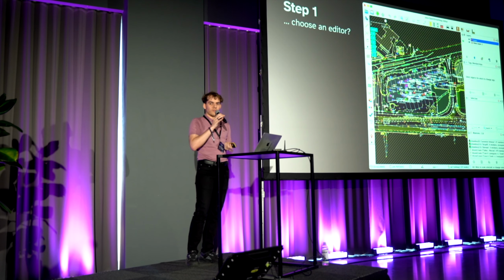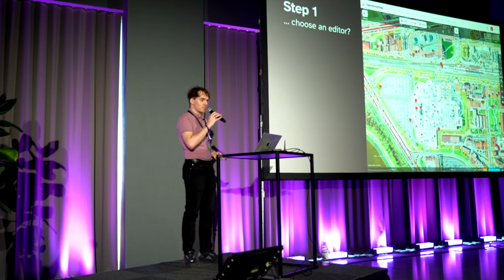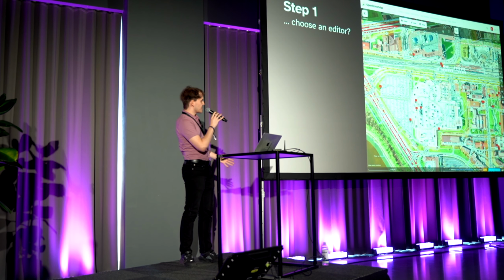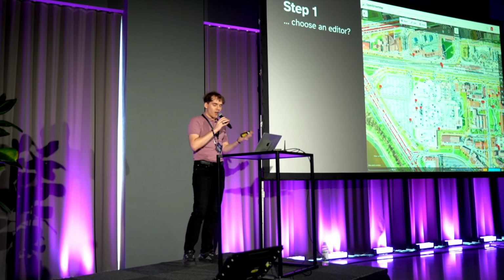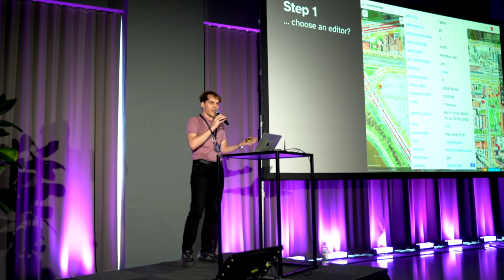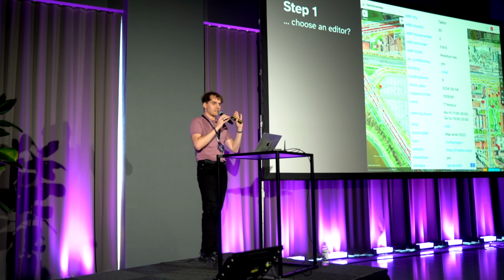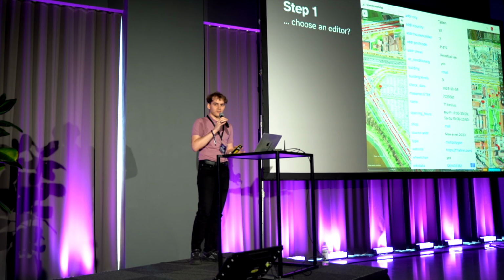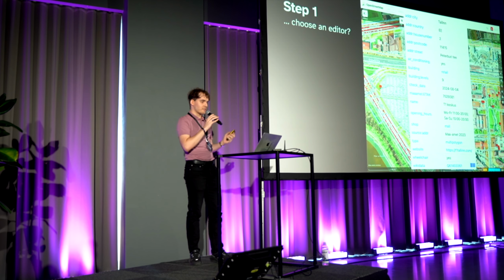So you then search for something simpler. You maybe come across iD, which is the sort of official way to edit OpenStreetMap. It's better, but it's still very hard to understand how to actually edit the map, what is expected from a person, and what are all these tags? Why so many tables? I don't understand. And there is a very simple way to do this. So I'm going to show you 3 apps which are very good for beginners, and the first one is